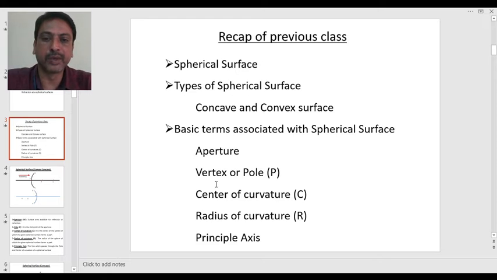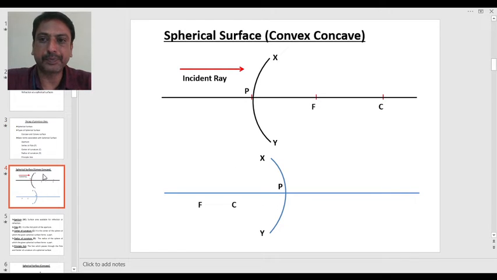That is aperture, vertex or pole, center of curvature, radius of curvature and principal axis. Again, in our next slide, I am going to define all these terms. This is a spherical surface. Here I have shown both convex as well as concave. So this XY represents a convex spherical surface and this is the incident ray, and XY represents a concave spherical surface,